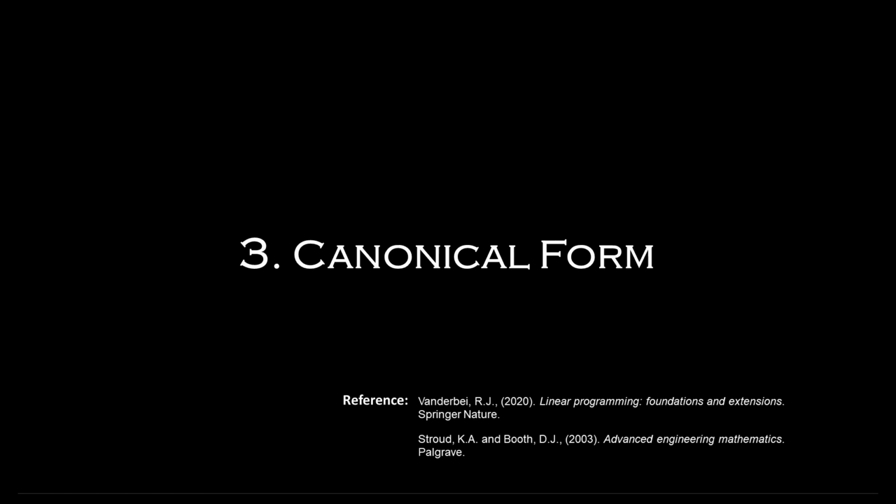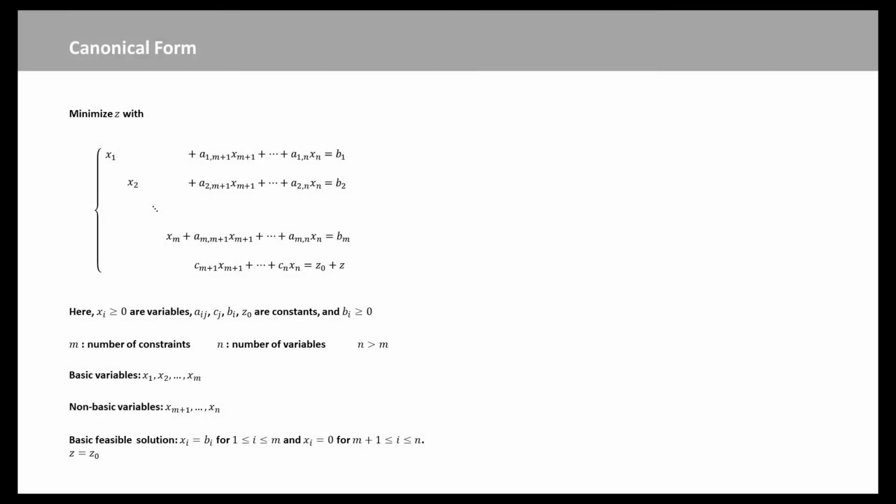We know that for a linear programming problem to be in canonical form, it needs to satisfy 3 conditions. Number 1 is the constraint. The set of equations for the constraints shall be in canonical form, meaning you should have a set of basic variables, here x1, x2, and xm. They are written here in a diagonal form because all the other coefficients in the other equations are zero. There is a set of non-basic variables from xm plus 1 to xn, and then a right-hand side. That is the first part.